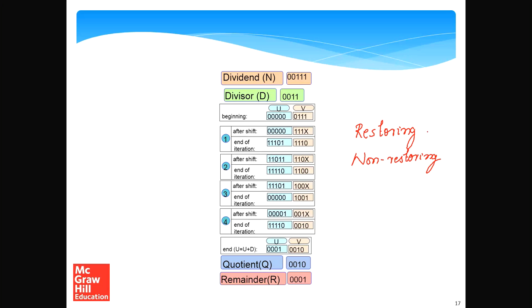In the restoring algorithm, one subtraction needs to be done in each iteration and one addition. Alternate versions are possible, but still a fair amount of work needs to be done. So essentially here one subtraction and one addition needs to be done. But in the non-restoring version, either you do a subtraction or you do an addition, but not both. So in that sense, the work is roughly halved. That's the reason the non-restoring algorithm is used.